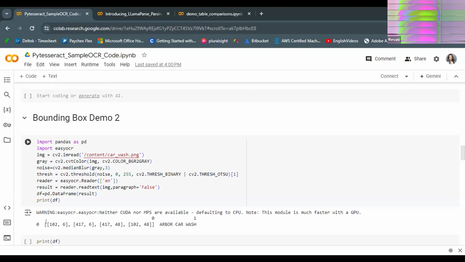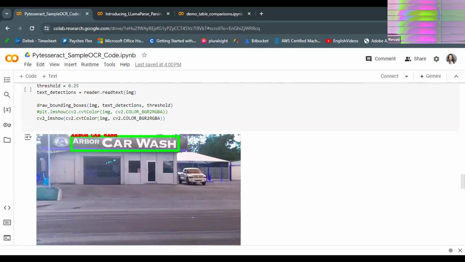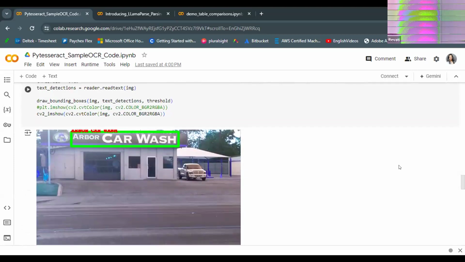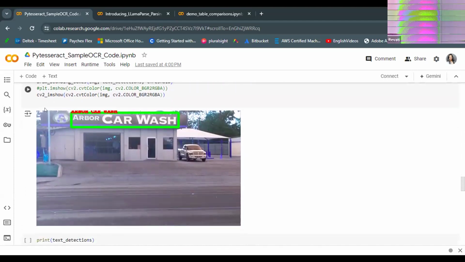Let me show the image first. Okay, so this is some car wash image, and out of the whole image, we just know there is text that is located here. So what OpenCV helped me with, I plotted this green box using OpenCV